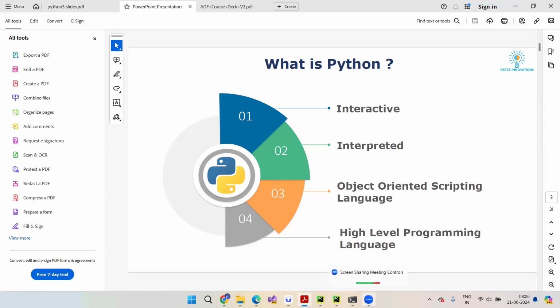Suppose you start developing a software or any application, the output is the most important thing that we are interested in. Correct. So anytime you learn any language, not just Python but all other languages as well, when we start writing code in an editor, we are patiently waiting for an output.